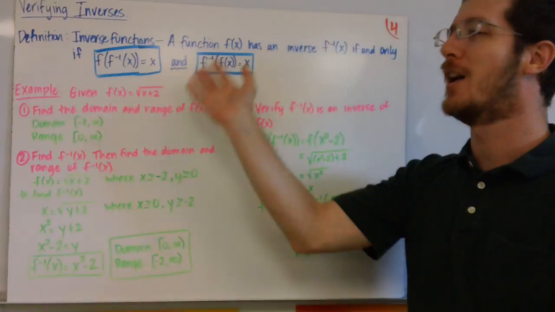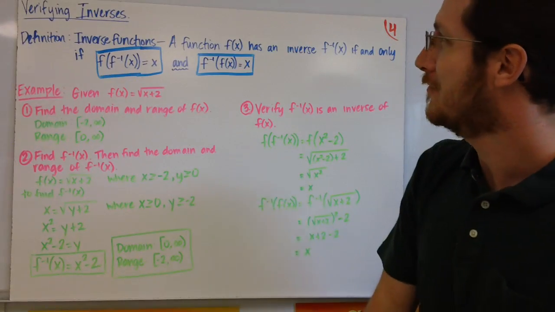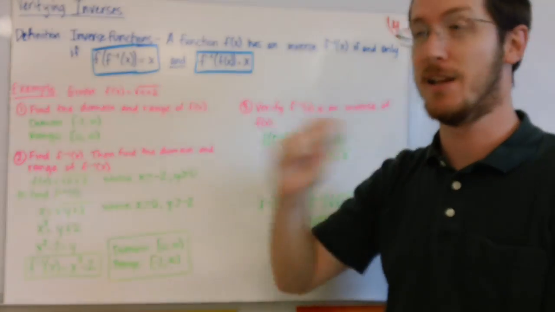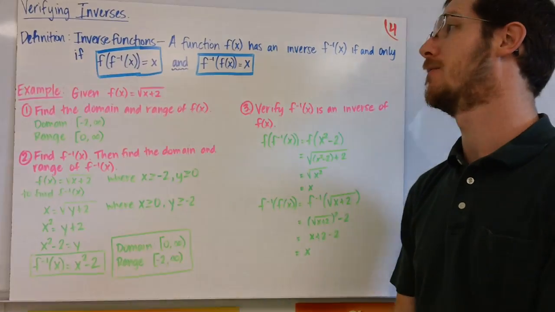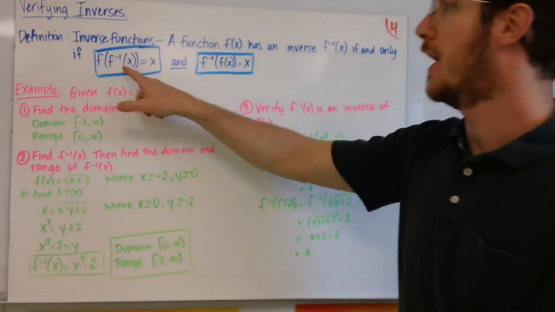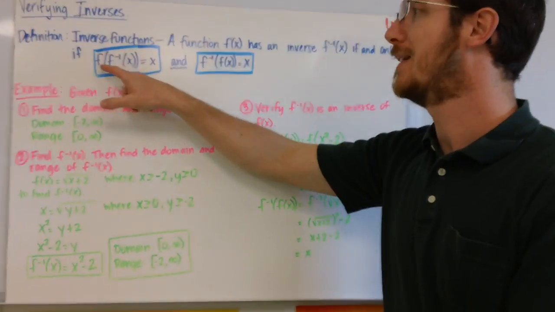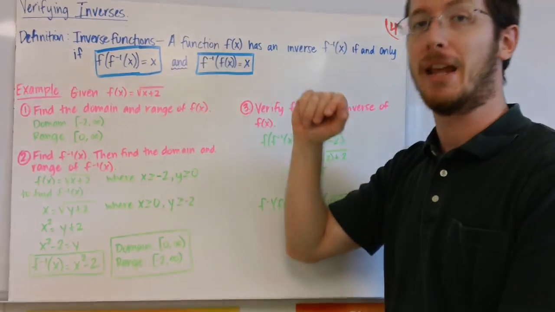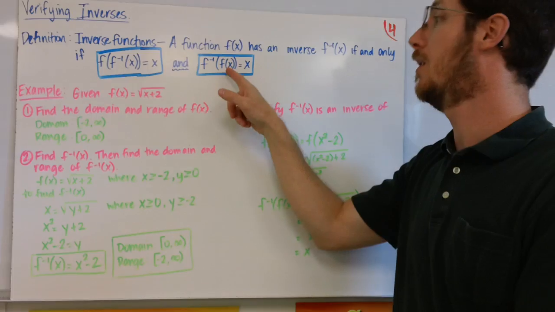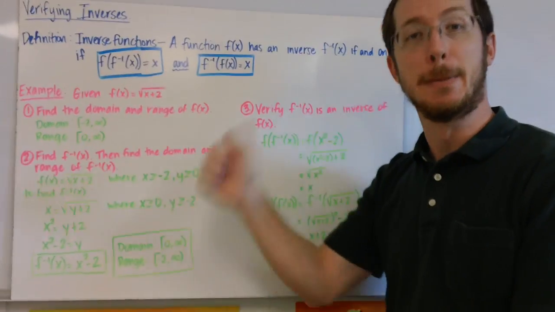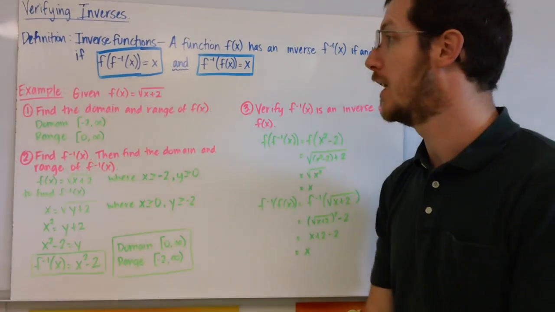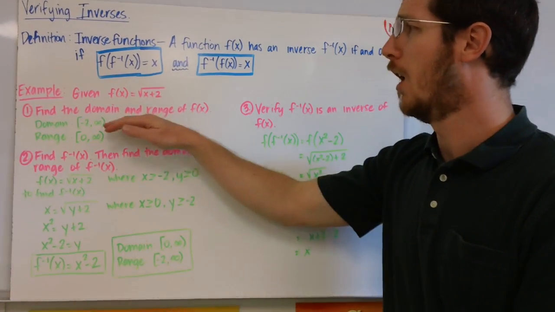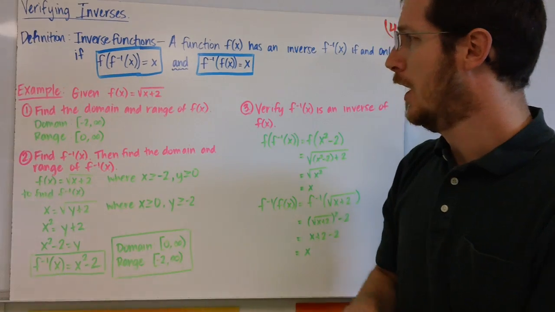All right, verifying inverses. Sometimes we want to verify that an inverse is, in fact, the inverse of a function. We can do that with a composition. If we take f of the inverse of a function and we get x out, and we can also do the inverse of the original function to get x out, then we've verified that we do indeed have the inverse. Okay, so example, we're given our function, we find the domain and range,